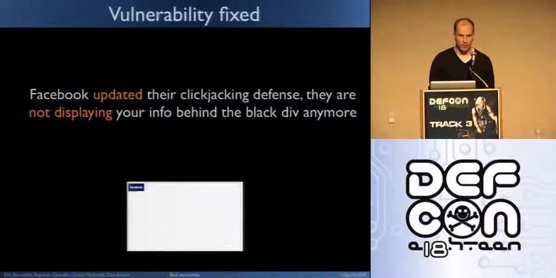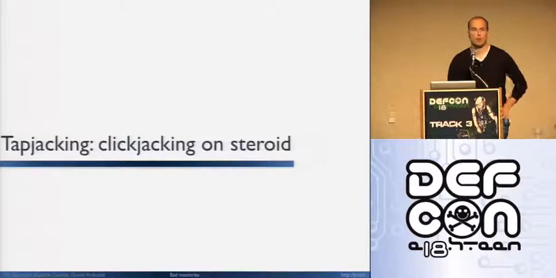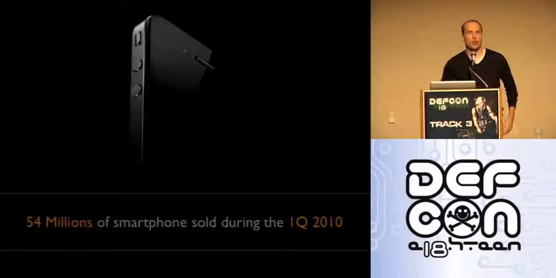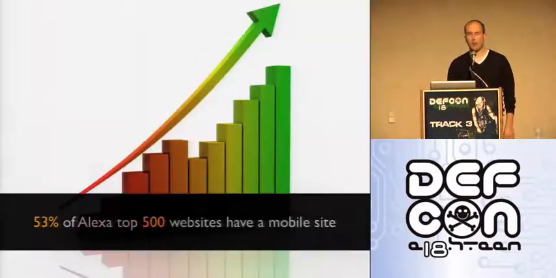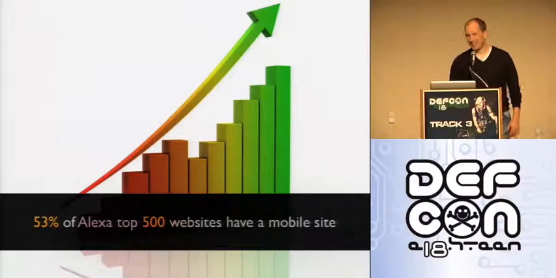Okay, so for the last 10 minutes, we're going to speak a little bit about this guy, smartphone. How many of you have a smartphone? Okay, yeah. Once again, everyone. Good. It will not come as a surprise to anyone. A lot of smartphones have been sold, 54 million in the first quarter of 2010. So it's a lot of smartphones. This has two effects. The first one is AT&T is not working anymore in San Francisco, and the second one is